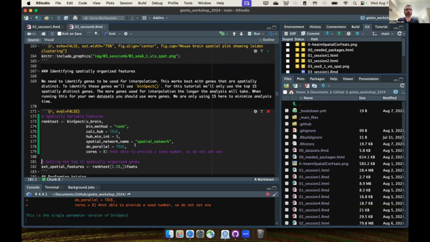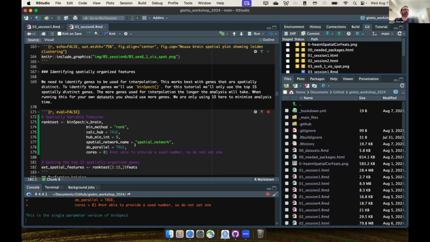This will take a little while. So the first thing we need to do, after creating our object, is to identify spatially organized features. So we're going to use BinSpect to do this. We're going to use this to identify genes that are spatially organized within the tissue. And the reason for this is when we create the data, this is going to give us the nicest looking results. So you can, in theory,